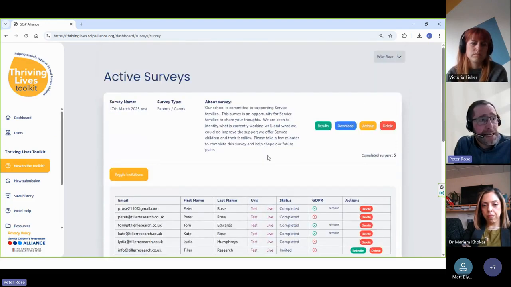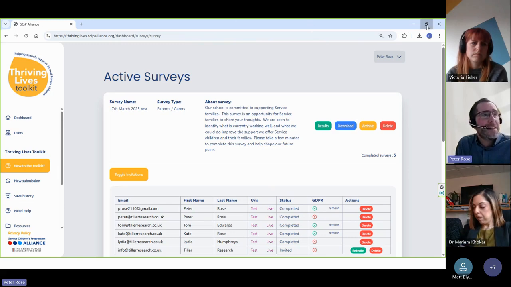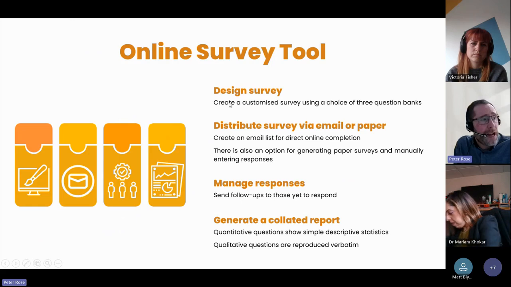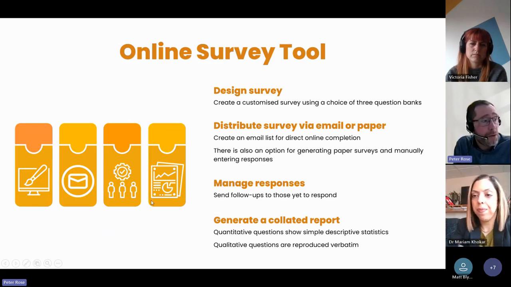So that is essentially the tool. That's a very quick walk through those. As I've said there, with the survey tool, you can design and create a customized survey. You can distribute the survey via email or paper.